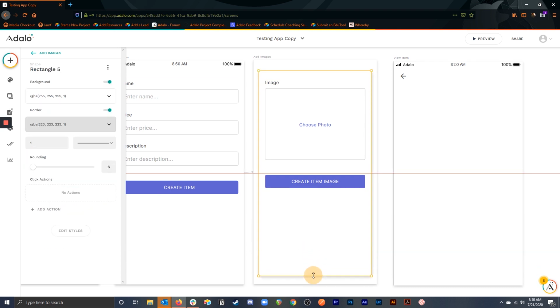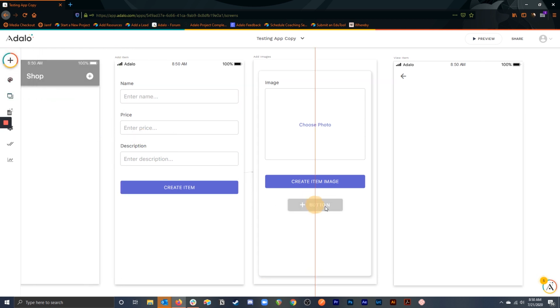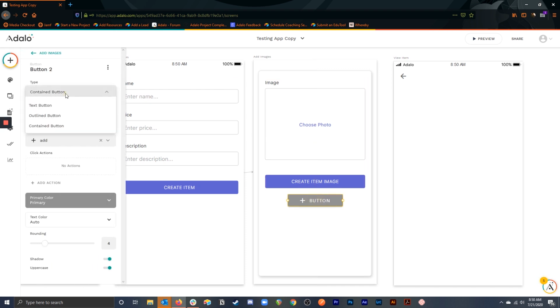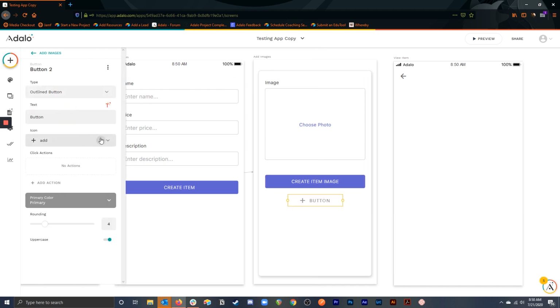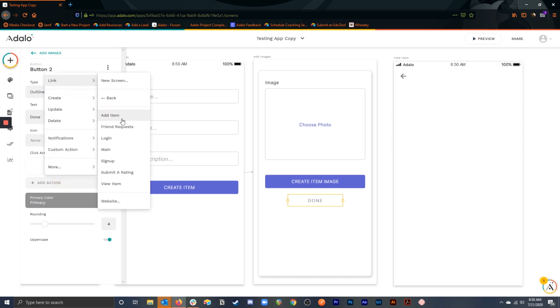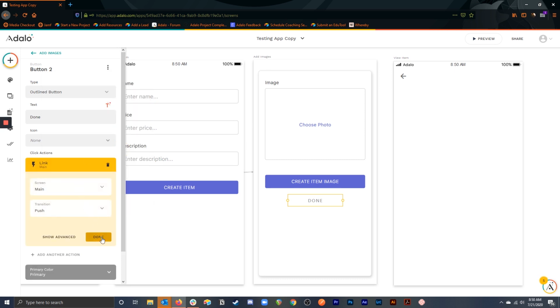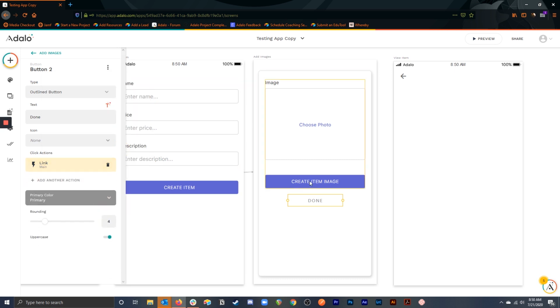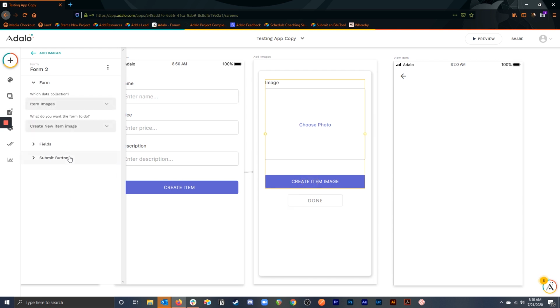And then let's go ahead and add a done button here, maybe. And this is just going to be a button so that when they're finished adding images, they can move on to the next screen, right? So what we're going to do is we'll just link this back to the home screen. And again, you can build out more functionality here, but this is the main way to do it. I don't want to have a link action on this submit button because I want them to be able to stay on this page as they submit